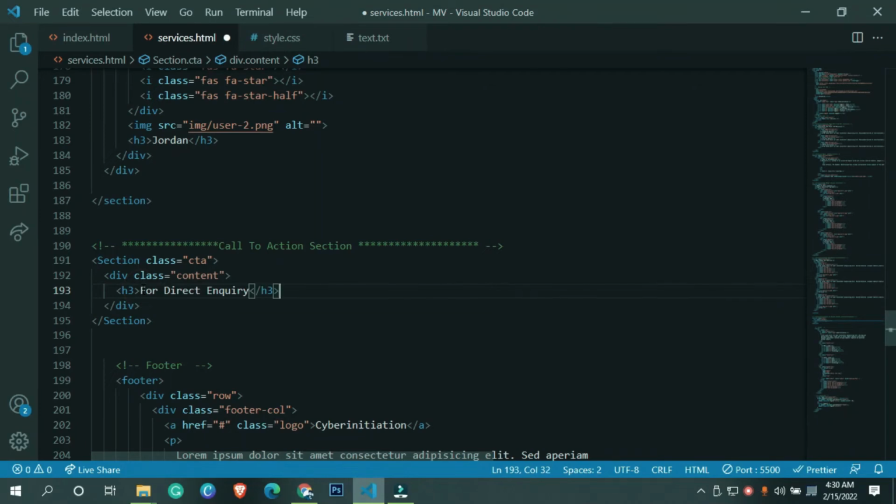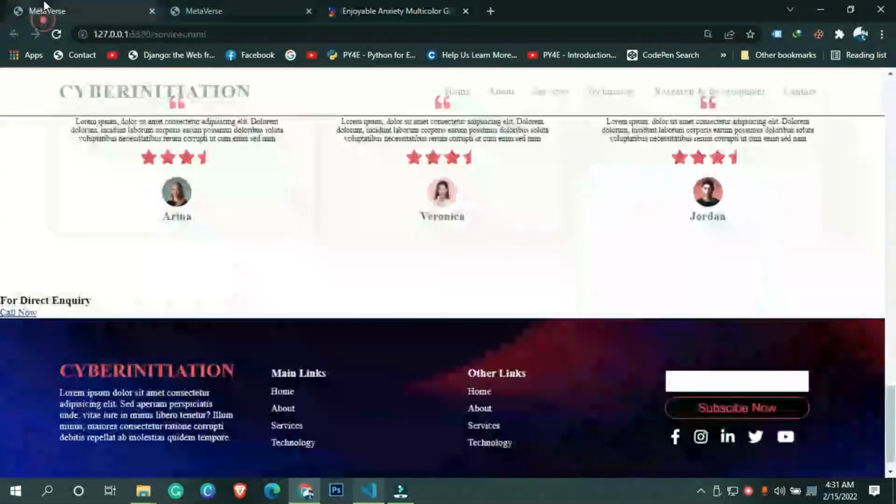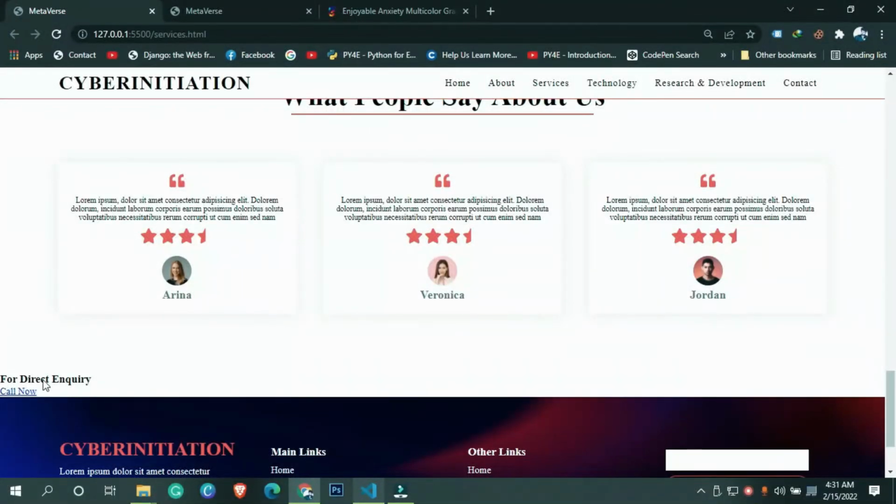Paste it right here. After that we want a button, so let me add a hashtag right here, or let me add this telephone number. Basically I'm going to add a telephone, your mobile number, so that once someone clicks on it, they can easily go for and call. So I'm going to use my own number 89295302101, and let me add this call now button here. Okay, and the class is going to be call. Now it is looking like this way,